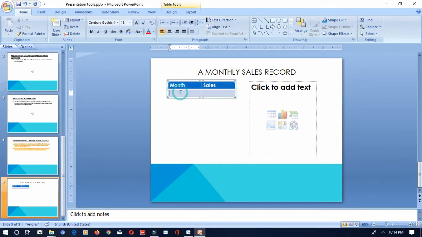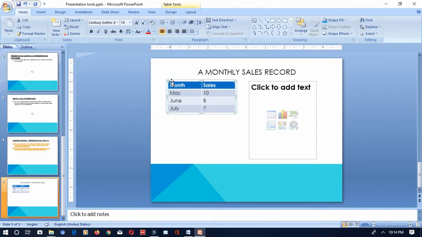For which months did I want to make it? For 3 months, that is May, then June, then July. After that I need to make the total also. If you wanted, you can write the total also. Okay, so after finishing the table, you have to click on the table and select it,